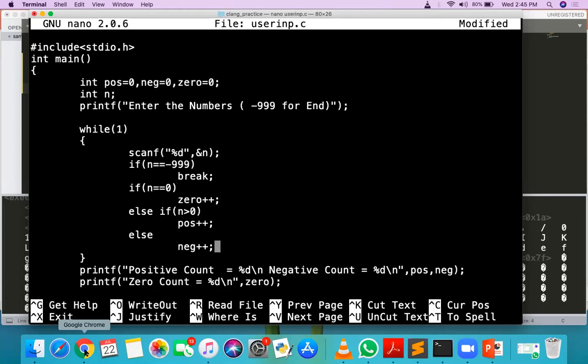Okay, sir. Just check the range here. If ch is greater than or equal to 65 and ch is less than or equal to 90, then capital case counter plus plus. Else if, go for the small case character. Small case characters start with 97 to 123, I think. So that is your small case range.